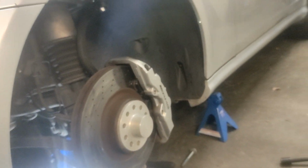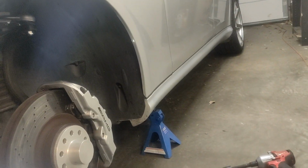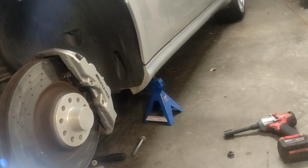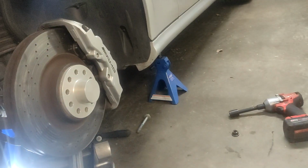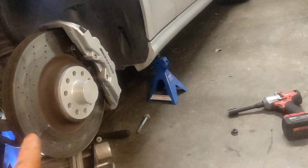And that pretty much concludes this video. It was just a quick how-to, just in case you weren't quite sure. But honestly, it's pretty simple. The hardest part is just breaking those bolts loose, and you're also going to want to torque those bushings when it's